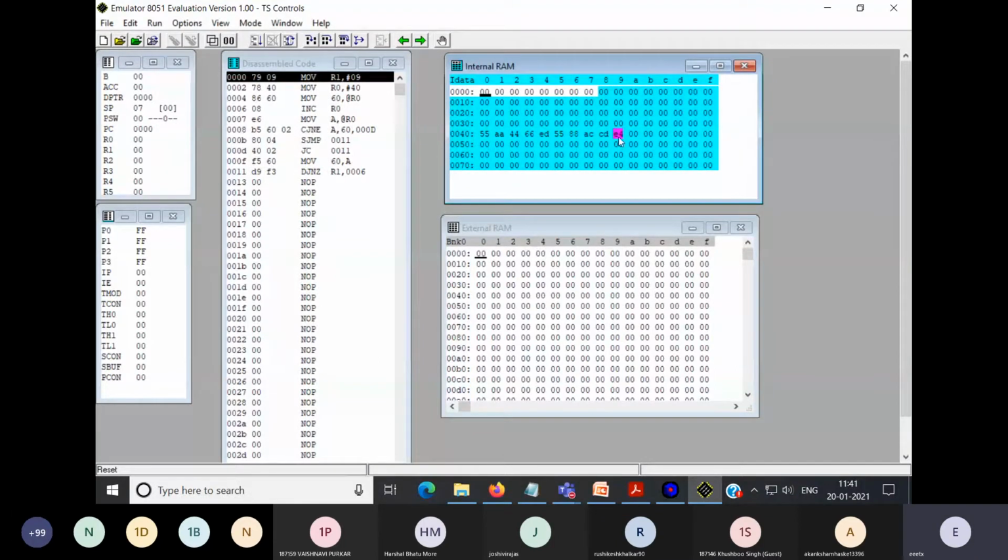So these are my 10 numbers. Out of these 10 numbers, I have to find the larger number. The larger number I will get at the 60H memory location.